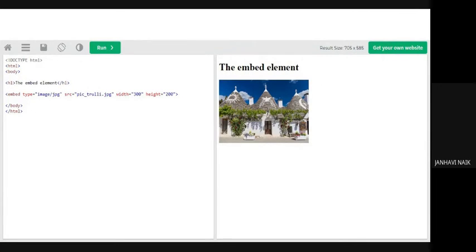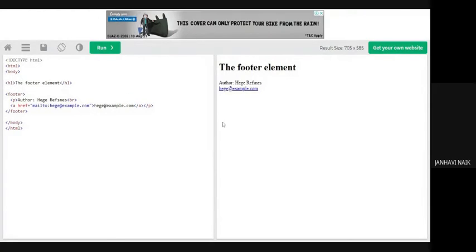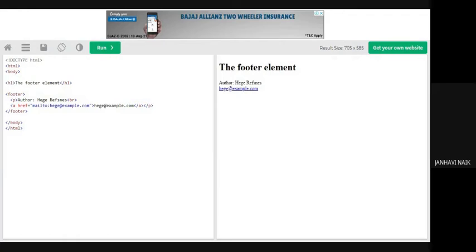Next I'll show you all the footer. So this is for the footer. When a particular document ends, I can mention the author's name and their mail.